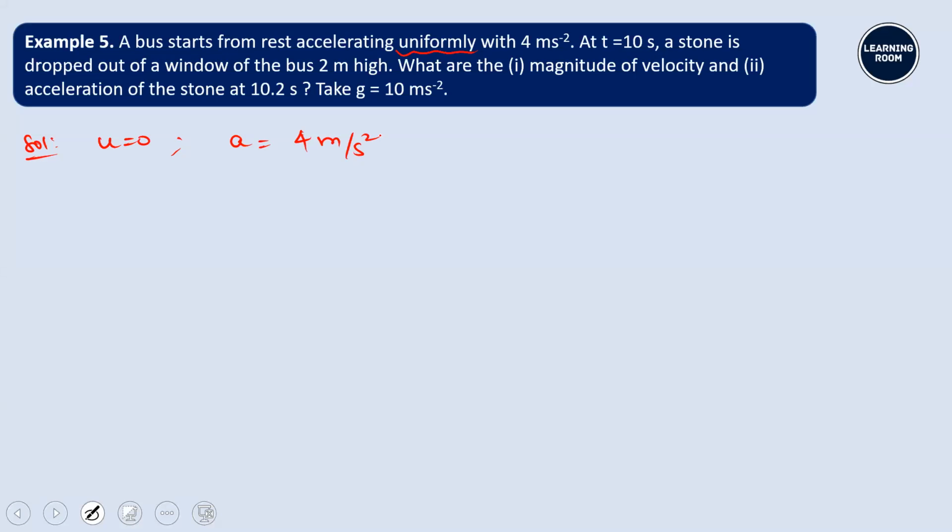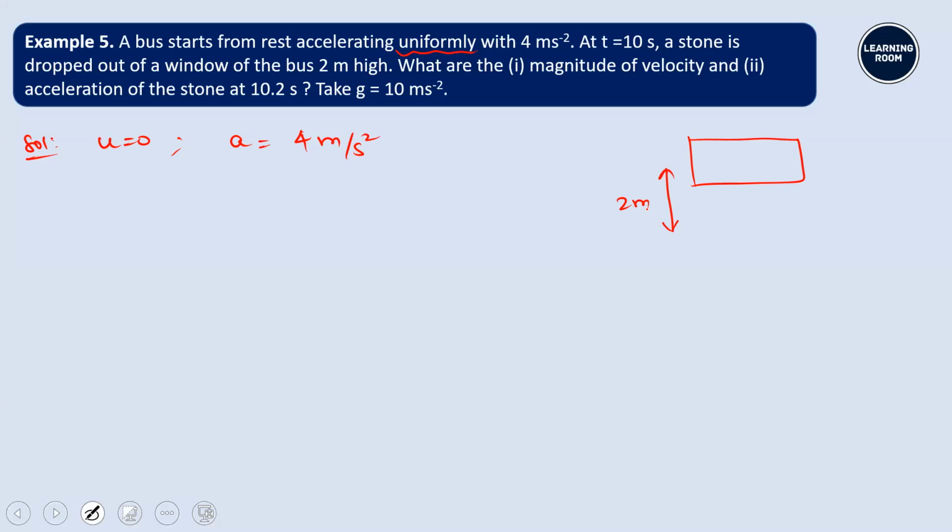At time t is equal to 10 seconds, a stone is dropped out of a window of the bus, which is 2 meters high. Right? So let's say the bus is moving in this way, and from the ground at a height of 2 meters. The bus is going like this. From a certain height, the stone is dropped. Remember,